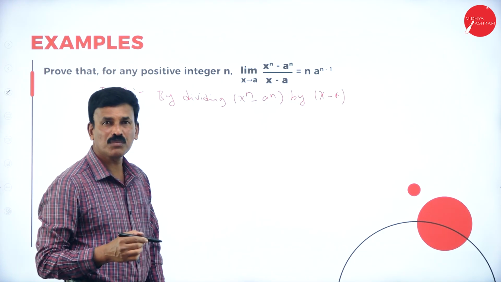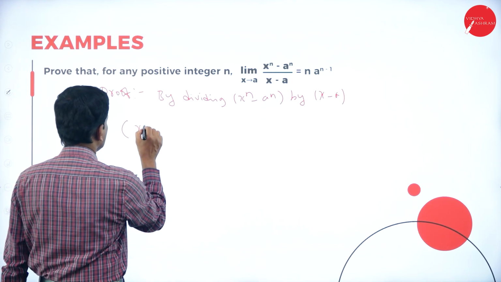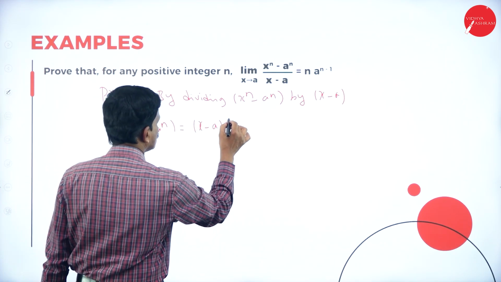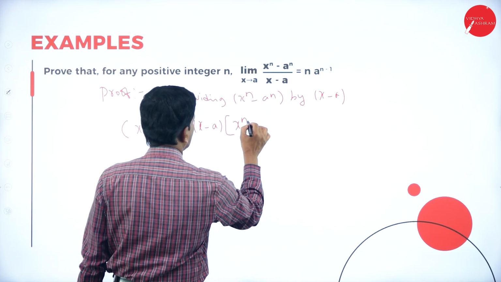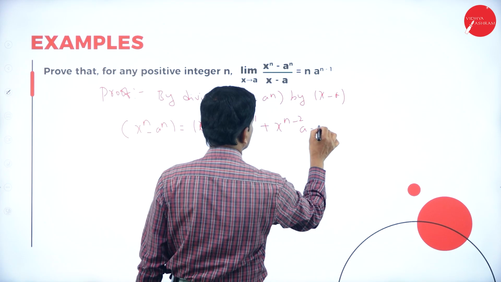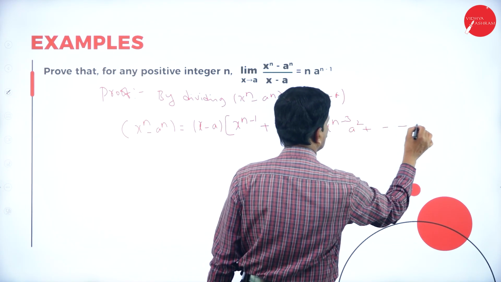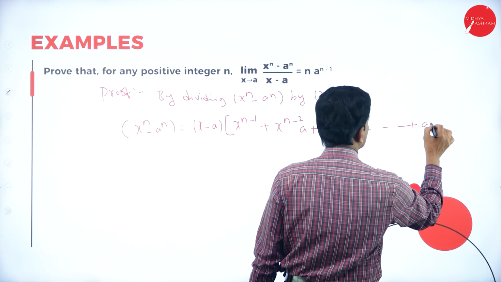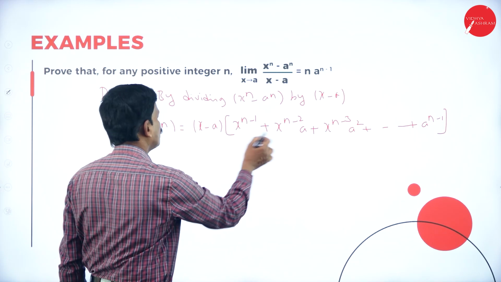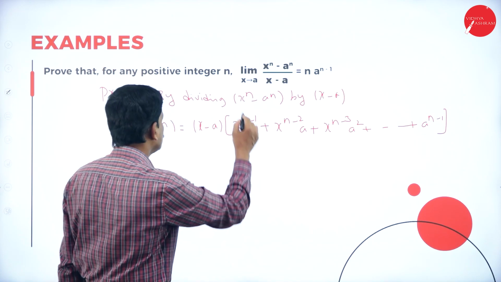By dividing x to the power of n minus a raised to n by x minus a, we are going to get x to the power of n minus a to the power of n is equal to x minus a into x to the power of n minus 1 plus x to the power of n minus 2 into a plus x to the power of n minus 3 into a square plus etc. The last term is a to the power of n minus 1. Suppose if you multiply this entire quantity by x minus a, you are going to get x raised to n minus a raised to n itself. So therefore,